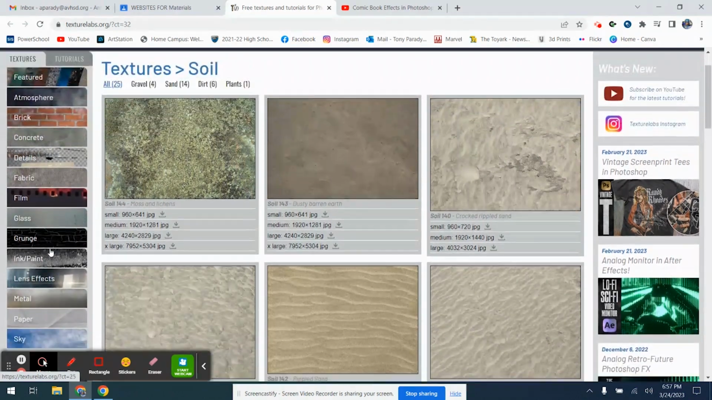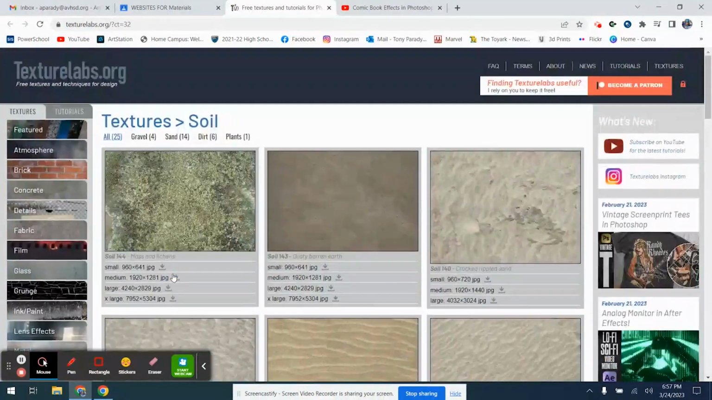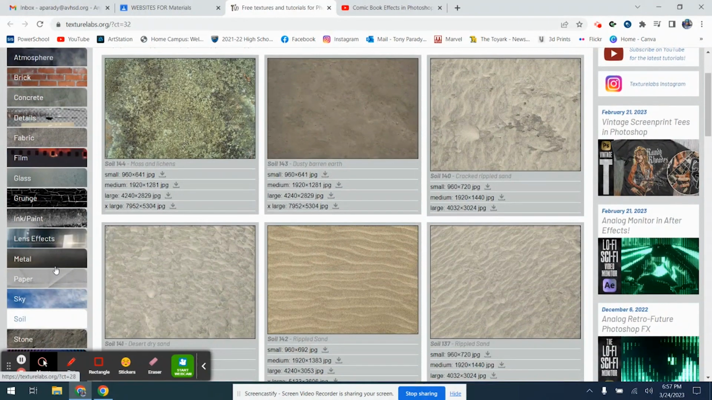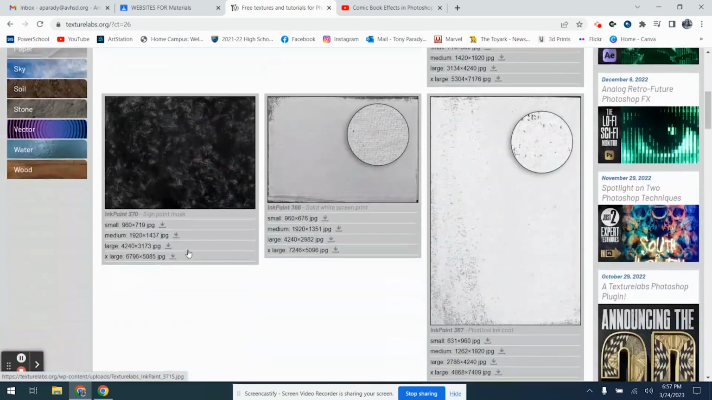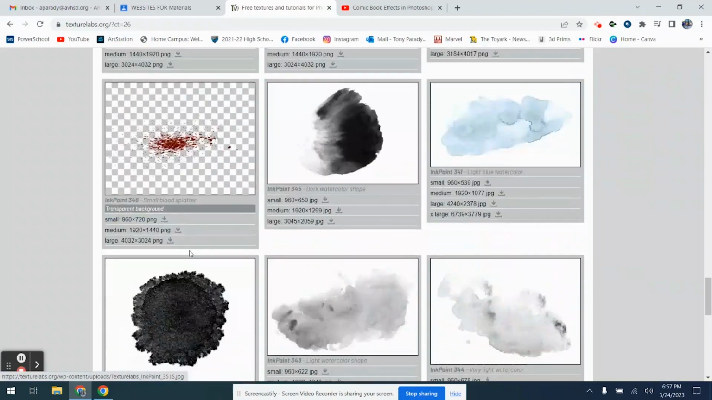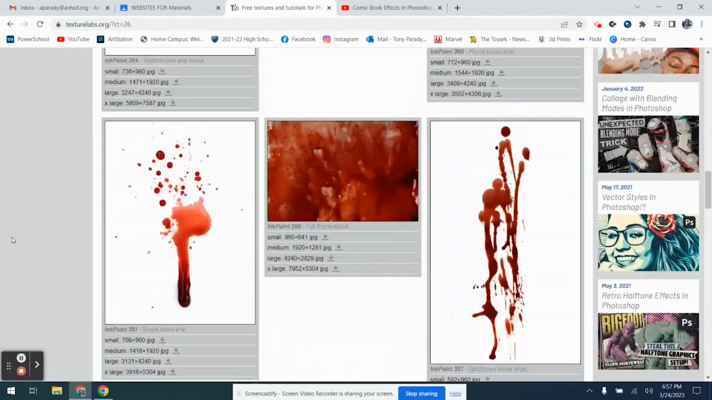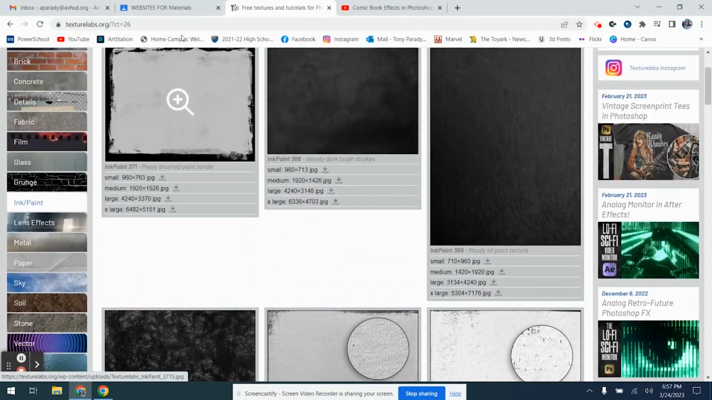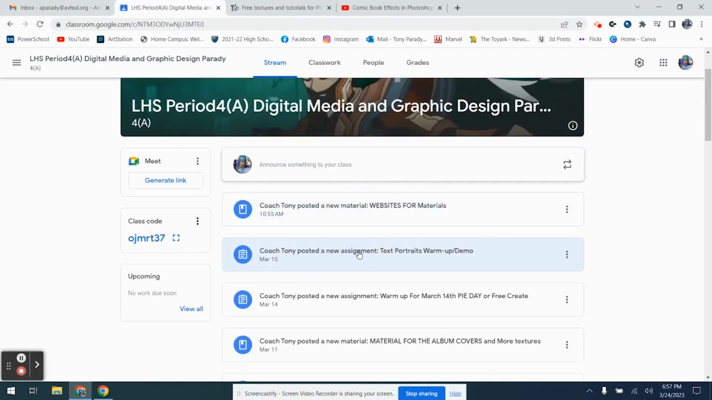So, from here, where's my grunge? Textures, all that stuff. So I might just do ink and paint. But basically, this is going to set up the album cover. Ooh, it's blood. But what I want to do is get into my textures, and I want to get my textures from last week, okay? So, kind of spoiling it. What I'm going to do is